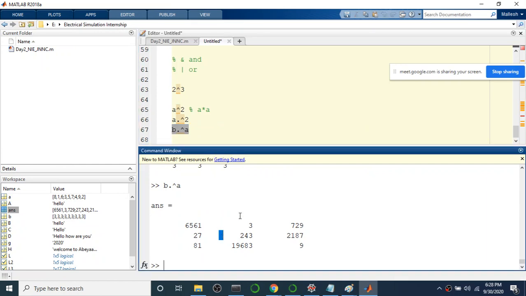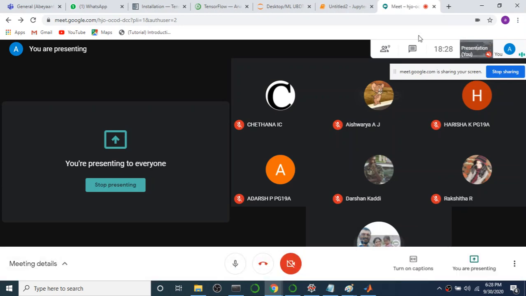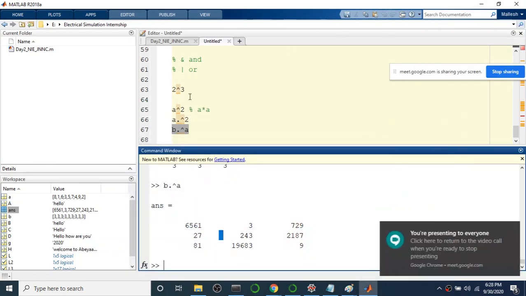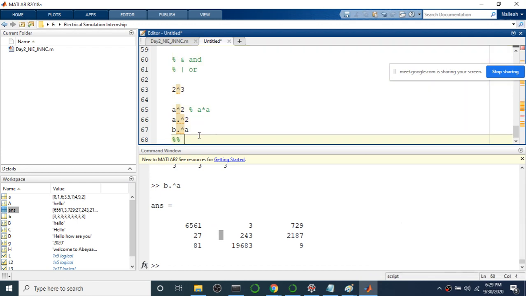So this is how it will perform the power operator. As per the requirement you can do the manipulation here. That's the basics about the inbuilt operators. There are still many operators, but we are not going to discuss them separately. Whenever required, we will use them, and at that time I'll give the explanation about them.